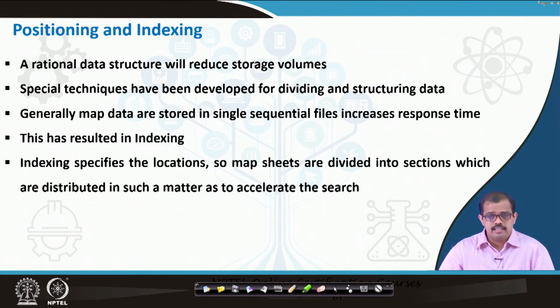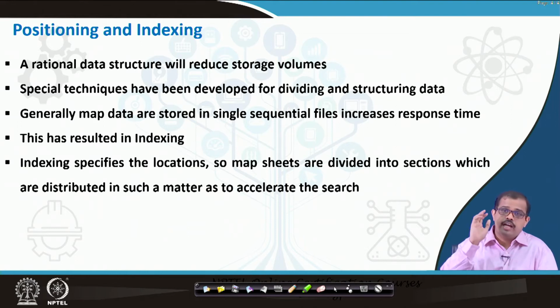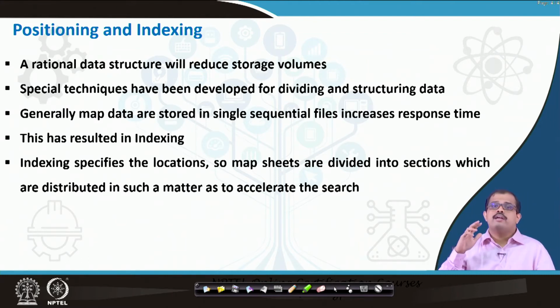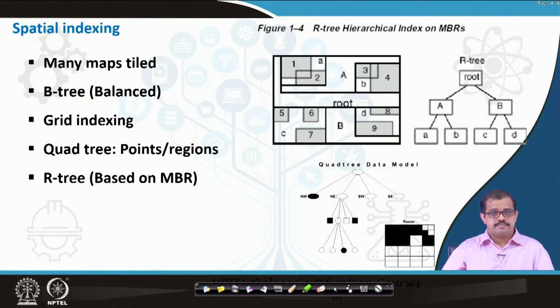When you are accessing a raster data, if it is not indexed properly, you can look at the lag. Click on the vector data, it will open in a second, but if you want to open a raster data, it may take a huge amount of time because it may not have been indexed. If you have indexed in multi-part indexing, then probably it will open up in at least 1/10 of the time that it used to open up without indexing. That's why you need to look at the positioning and indexing.